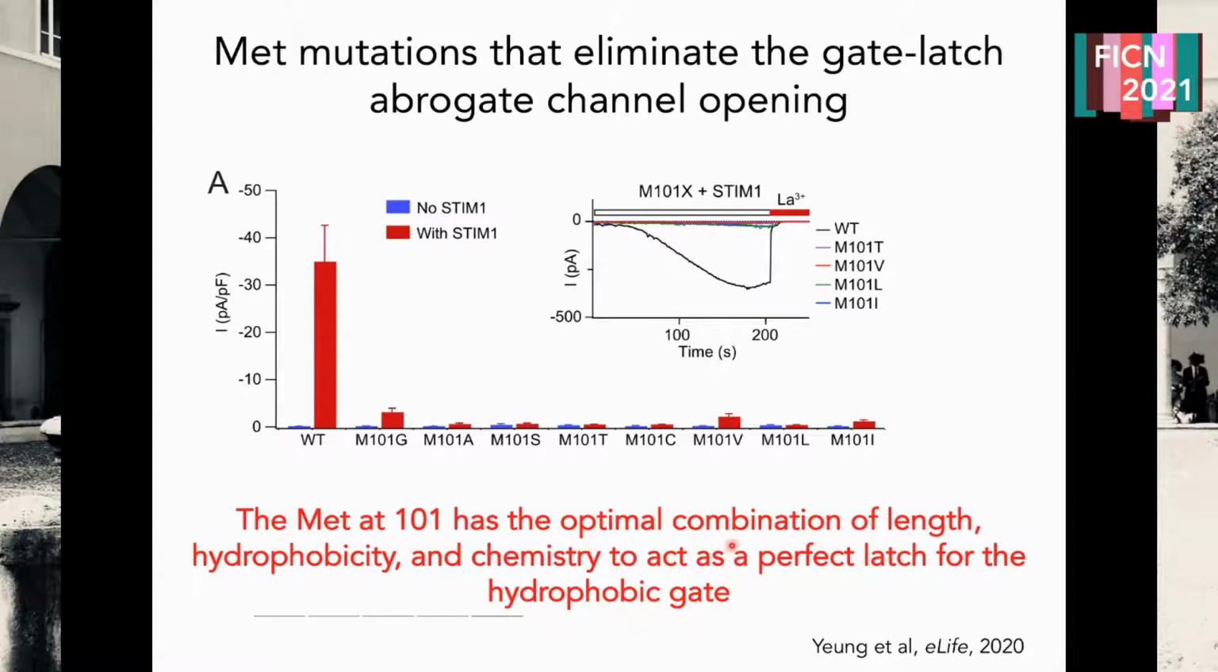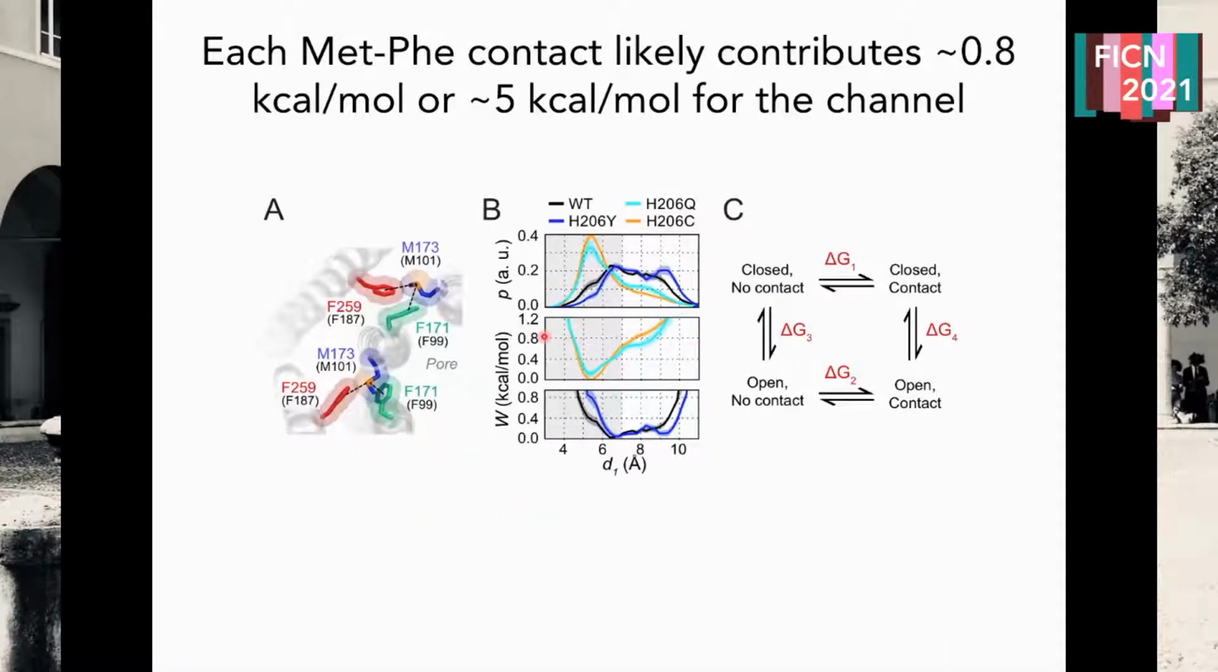So we think that it has the optimal combination of length, hydrophobicity, and chemistry with its sulfur atom to act as a perfect latch for the hydrophobic gate. And in fact, a preliminary analysis of the free energies of these interactions, based on the probabilities of the occupancy of the distances, told us that it contributes somewhere in the range of about 0.8 kilocalories per mole, or about 5 kilocalories per mole for the entire channel, which would be pretty significant,